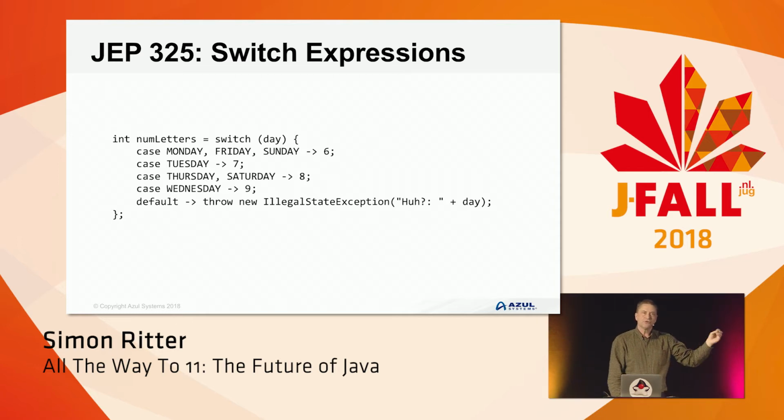And then we'll borrow some of the syntax from the lambda expression and say that we'll use the arrow, and then whatever's on the right hand is what's returned by the switch statement. And obviously, we also need the ability to throw an exception if something is something we don't want.